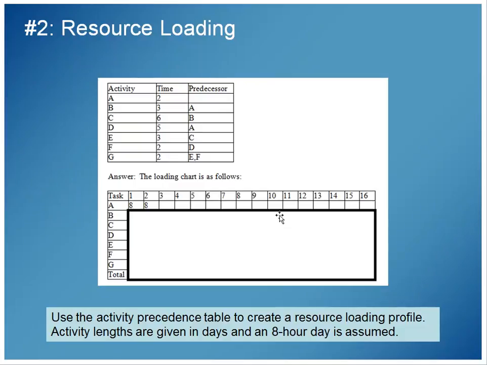There's no predecessor for activity A, so it can begin on day 1. That's what we see in our loading chart. Activity A begins on day 1. It lasts 2 days, day 1 and day 2, 8-hour days each, and we're good to go. Okay, so now looking at activity B